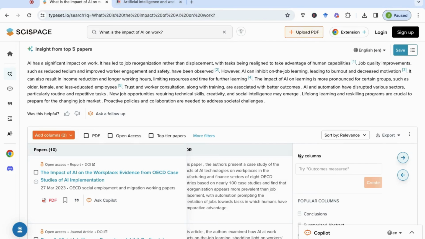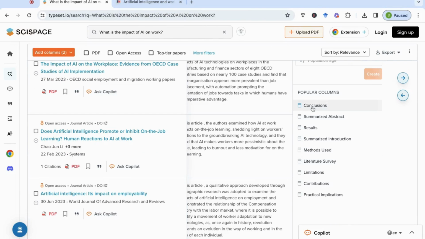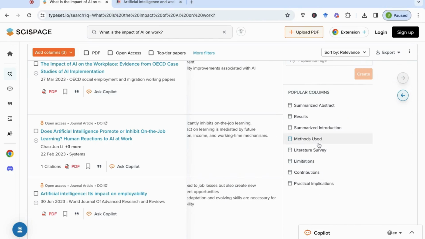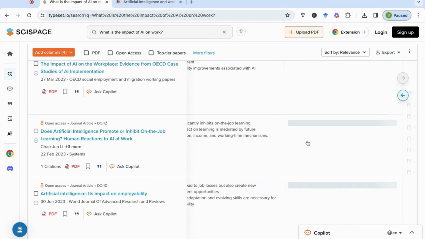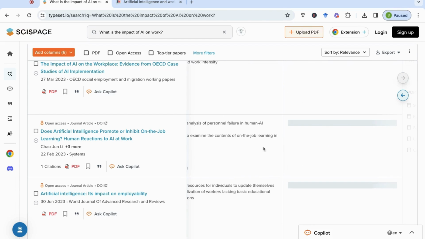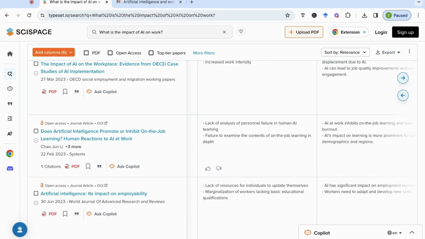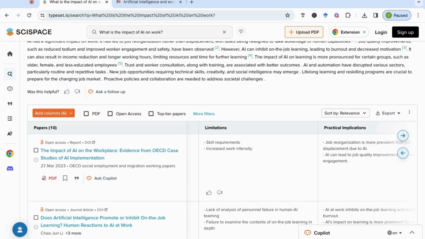And you can see there are more columns that we can add. So for example, I can add the conclusions column. I can add the methods used in the study. I can add the limitations, for example, practical implications, and so on. Whatever I want to compare, I can use it to add a column so I can quickly see and compare